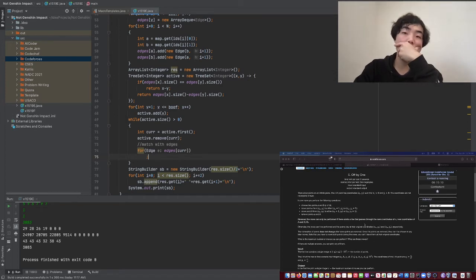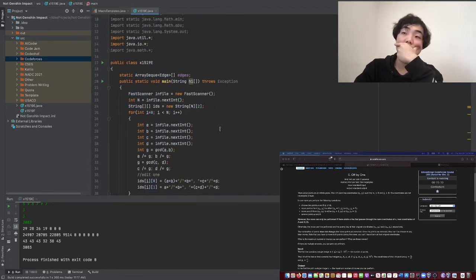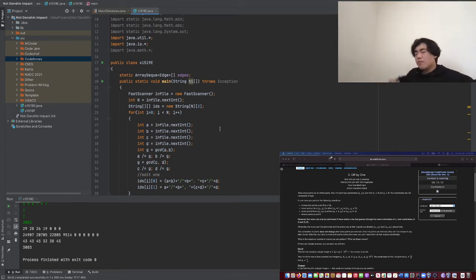Wait, but then we want to sort them by their... Wait a minute, hold on. Can we remove edges? We want to remove them from components with smaller degree, or nodes with smaller degree. Right? Yeah. Okay, so for each value,